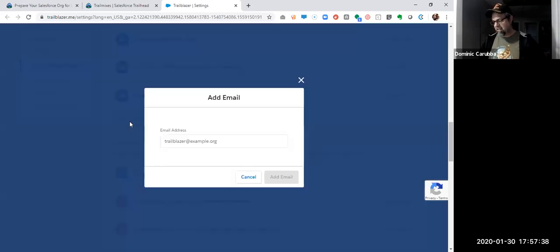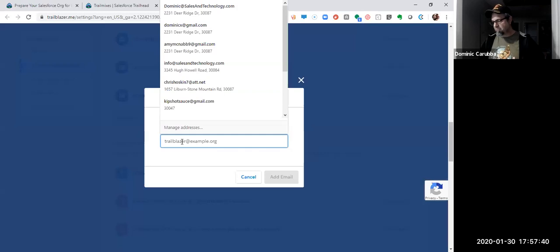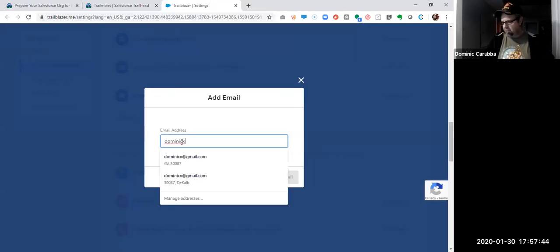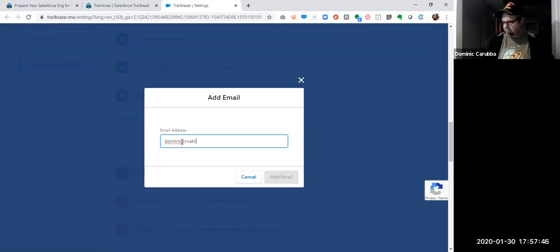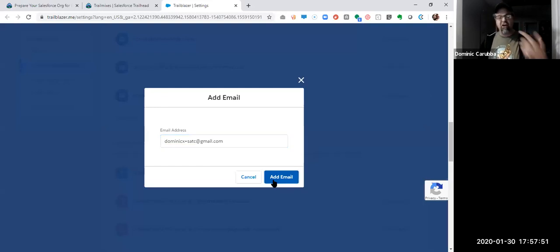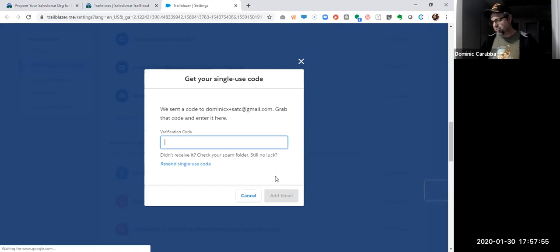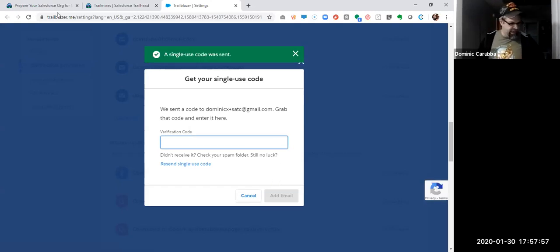When you connect, add your email. It will send me an email and verify it. The other things you can do is you can also connect your different social media accounts. And with those social media accounts,